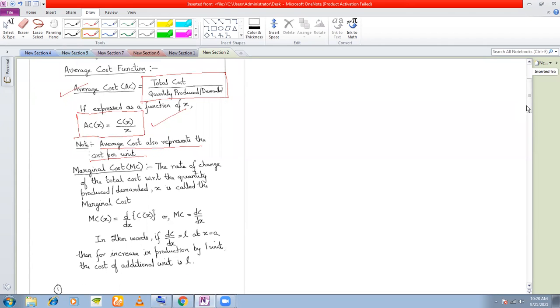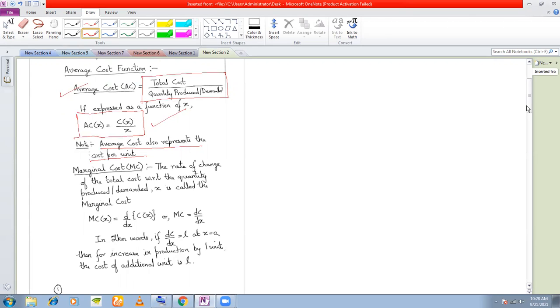Now there's a difference between price per unit and cost per unit. Cost per unit means the cost at which it is being produced, the cost price, and price per unit means the selling price. Okay, selling price per unit. So this is the basic difference. The average cost represents your cost per unit, or cost price per unit, and P, the small p, represents the selling price per unit.